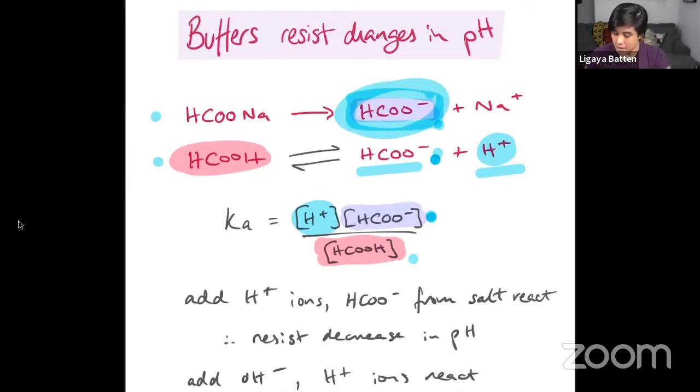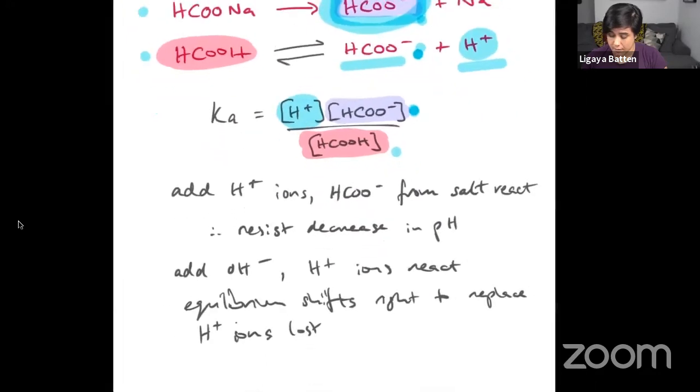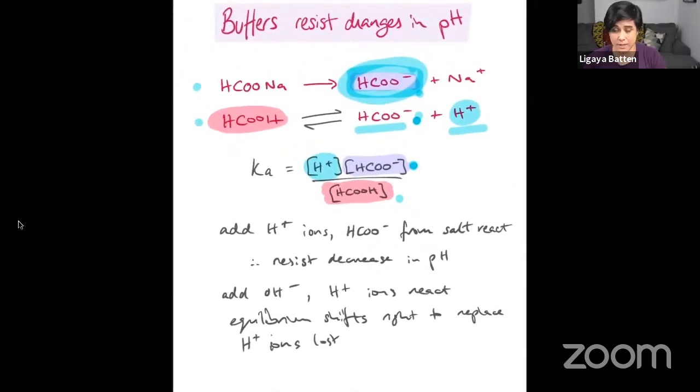So how does a buffer actually work? Well, if you add H plus ions to this mixture, then the HCOO minus ions from the salt, because there's lots of those, will react with the H plus ions in a neutralization reaction. As long as there's not too many H plus ions added, those HCOO minus ions from the salt are going to basically absorb those H plus ions, and then it's not going to affect the equilibrium here,